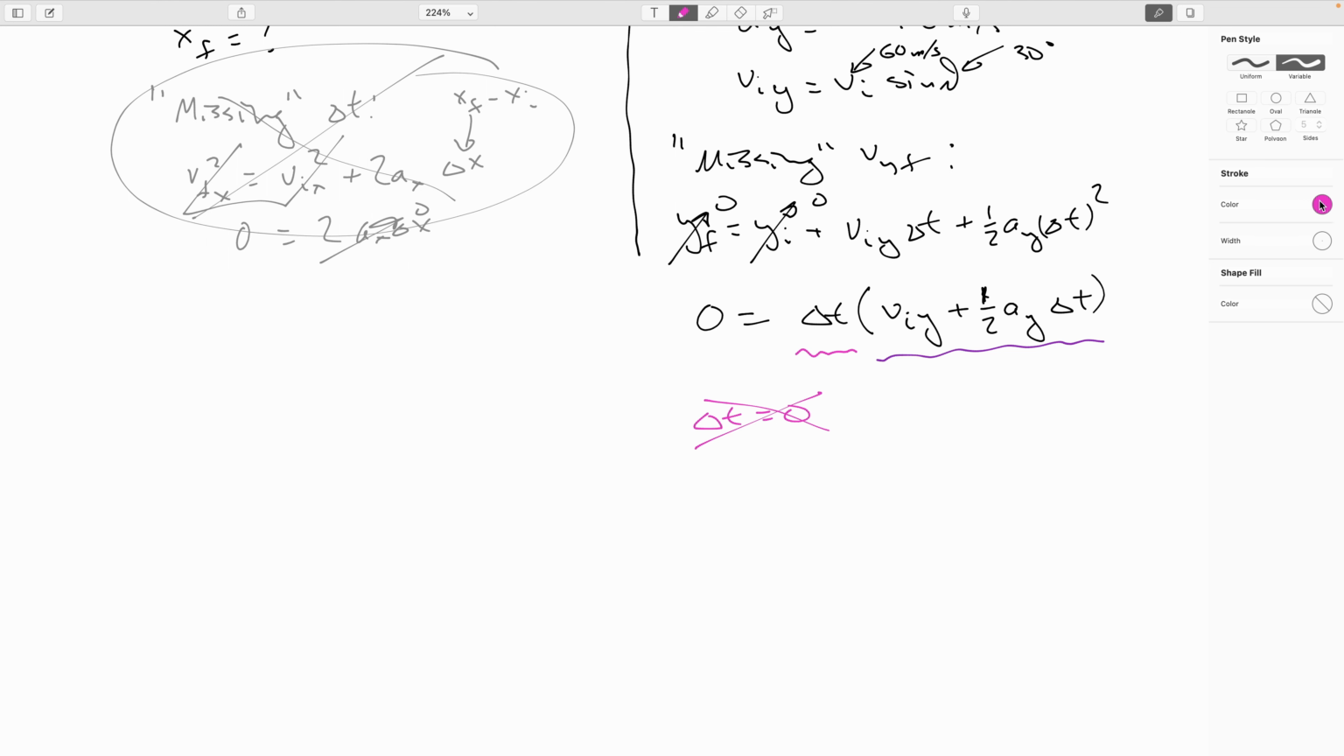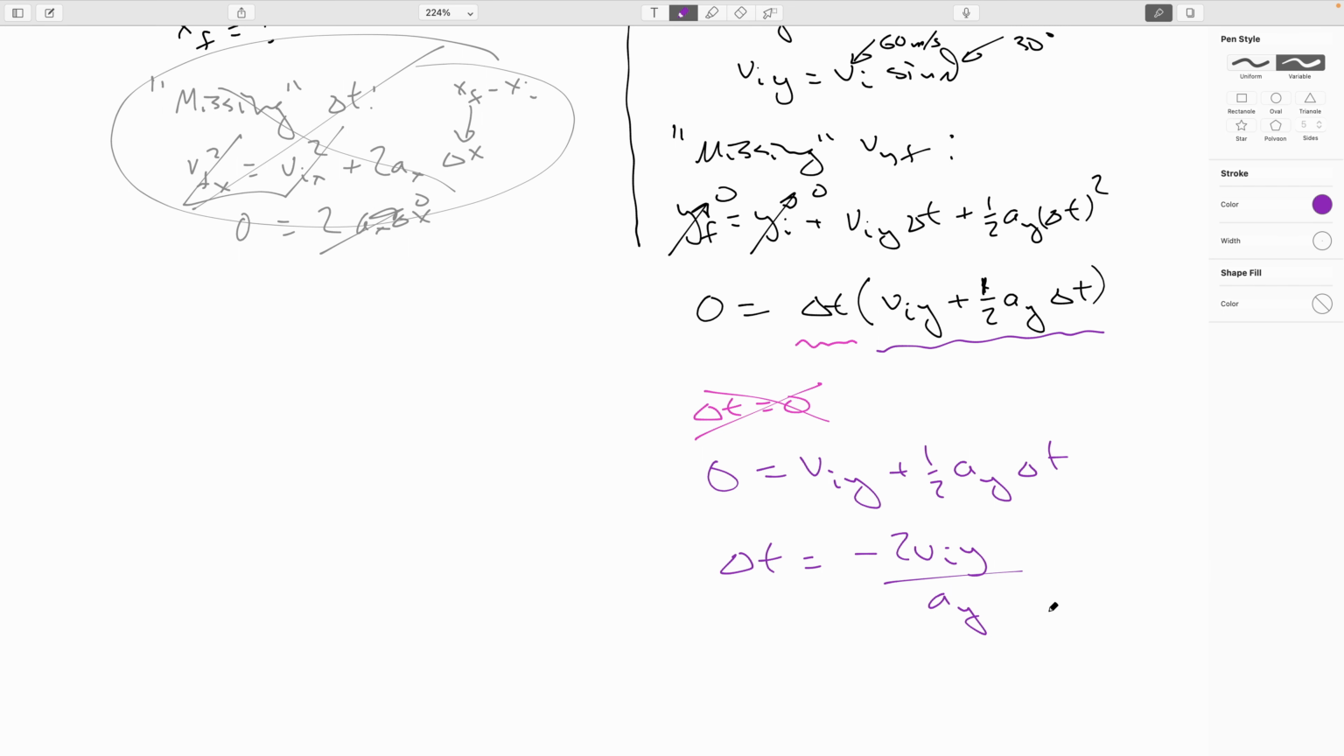So we will discard that root and instead look at the case where 0 equals v initial y plus 1/2 a sub y delta t. Well, we can rearrange that to get that delta t is minus 2v initial y over a sub y. And this looks like it could be problematic because it doesn't look like the time is positive. But again, it's okay because a sub y is negative. So this is actually going to be a positive number, so we're all good. So we've found our expression